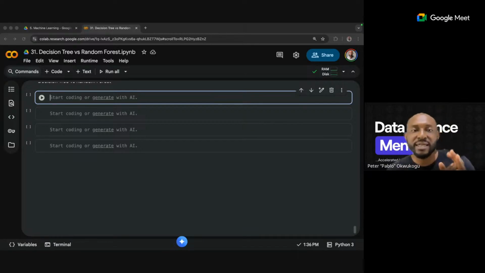Today we're looking at the random forest algorithm, or the random forest estimator, and the decision tree estimator. We had looked at the decision tree estimator in our last session. So if you have not seen the last session, you could go check it out. You should have access to it in the drive. Now today we're going to be looking at